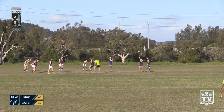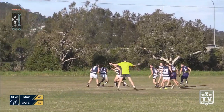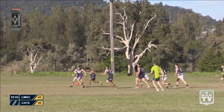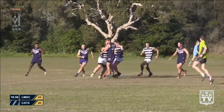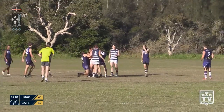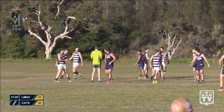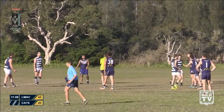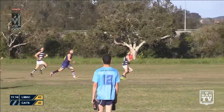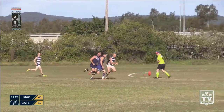Timmy Clark, Timmy Wells in the middle. Good smother from Rory Sleeth. A lot of people over the ball here at the moment. I think it's held in and we're going to have a throw up again. Nice thump forward by Muswellbrook, well picked up by Jesse, and